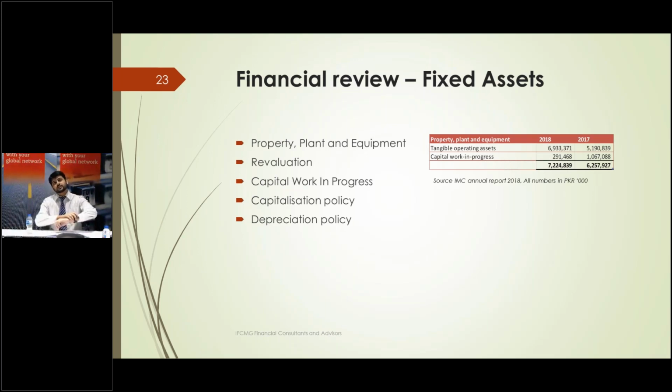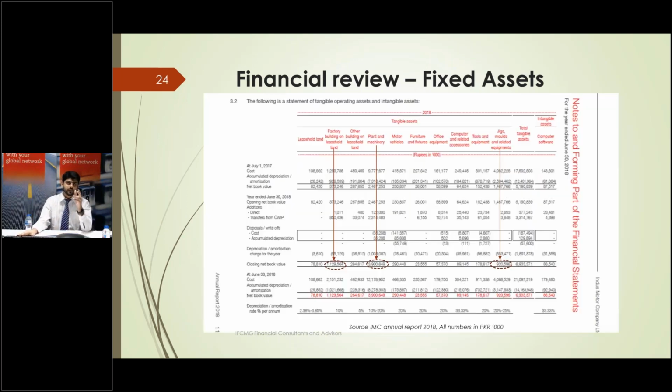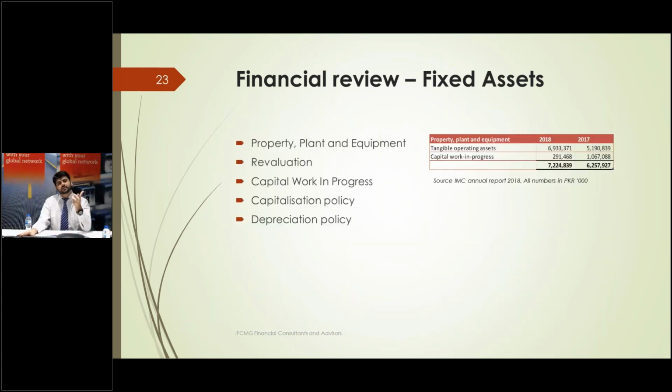So we need to consider how much of that money is actually invested. A very popular ploy used by companies to boost their assets bottom line is revaluation, and this tool is primarily used on leasehold land or land, because land appreciates the most out of all the assets, which usually depreciate.